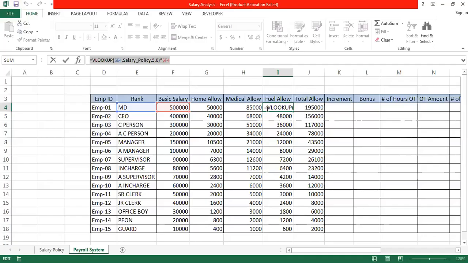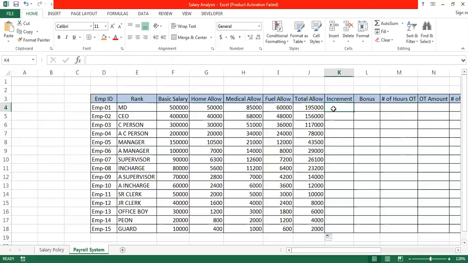So the other way of dragging is, I'm going to select the formula from the formula bar, then press Control C, that is copy, then press Escape. You must remember that you have to press Escape after selecting and copying this formula with Control C. Then you click on this cell and press Control V, that is paste. So the same formula you have over here for the increment,